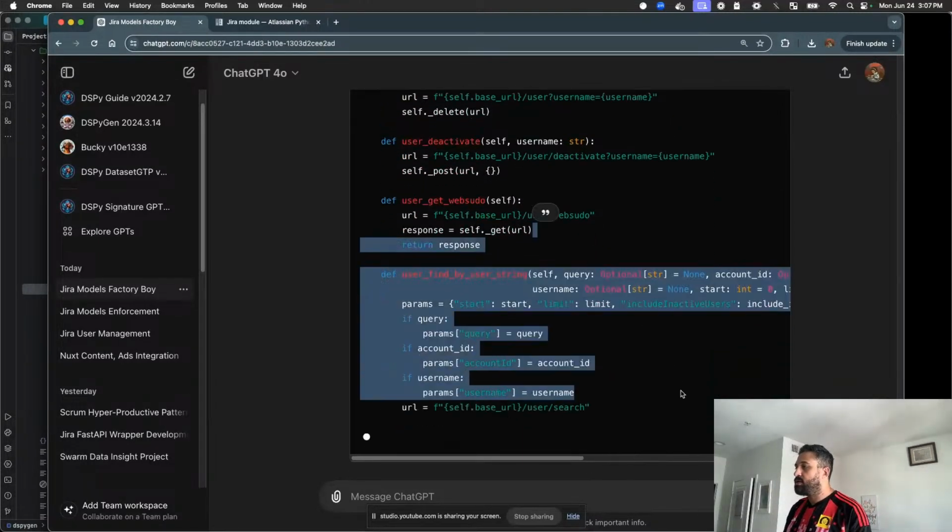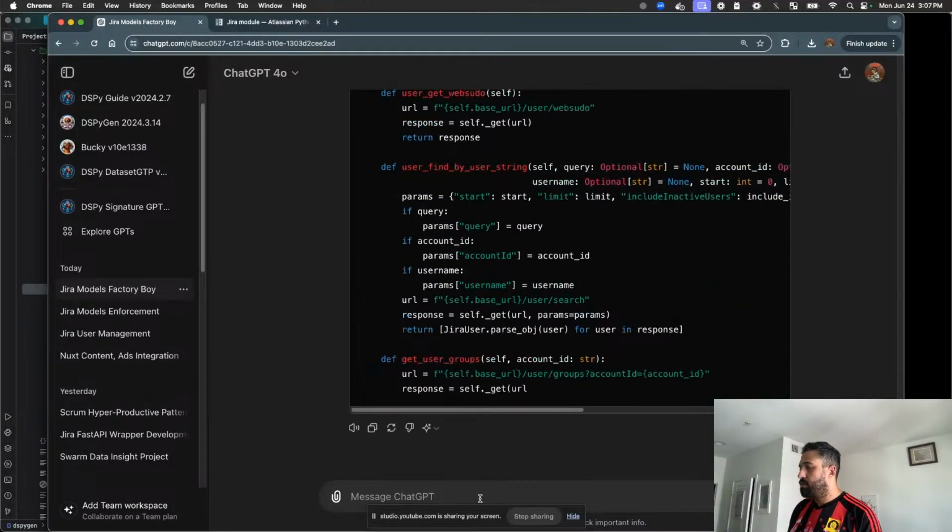Okay, so see, this is incorrect. This is incorrect because you are using primitives. So use